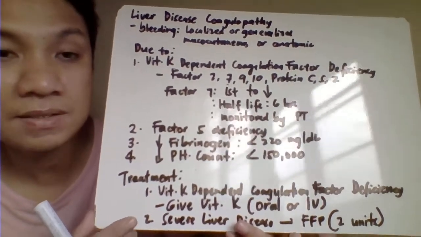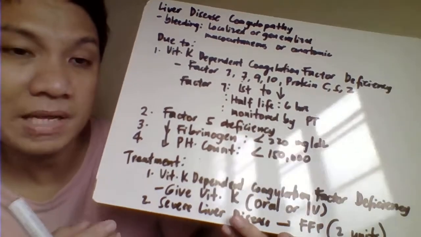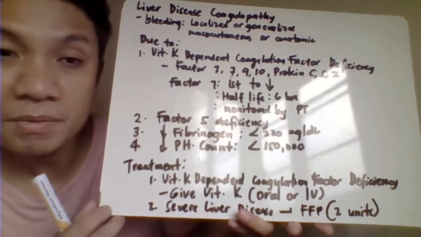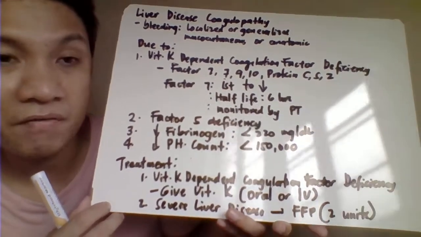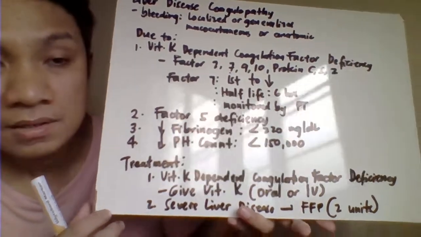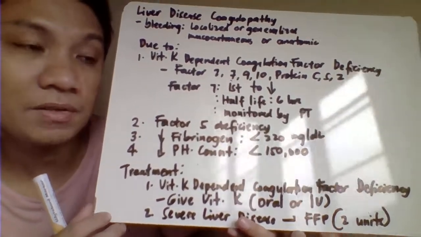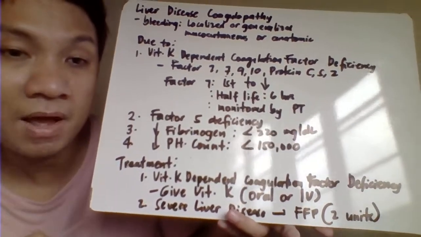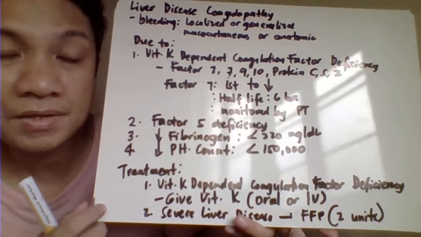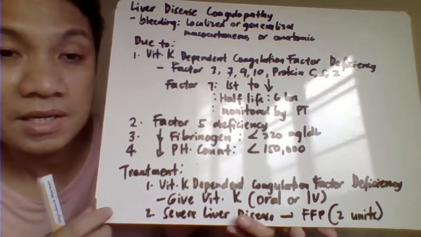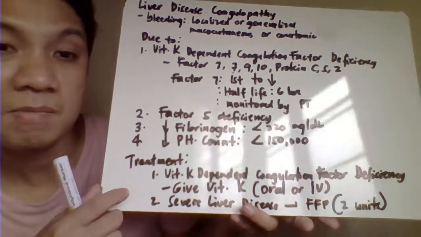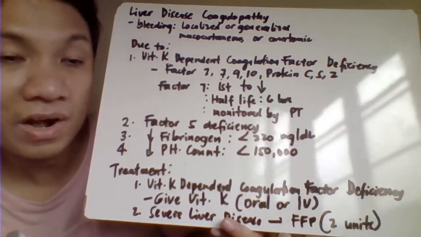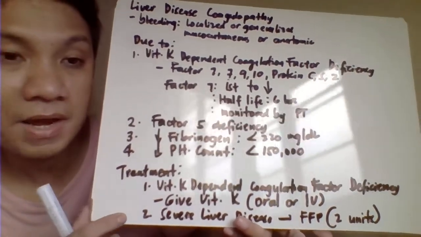And therefore, since your factor 7 belongs to your extrinsic pathway, ang pinaka-sensitive na coagulation test natin that would help you diagnose if you have a vitamin K-dependent coagulation factor problem would be your prothrombin time. Again, bakit prothrombin time? Again, it's because your factor 7 belongs to your extrinsic pathway, since of all your vitamin K-dependent coagulation factors, factor 7 would have the shortest half-life. And pag bumaba na siya, related to your liver problem, since hindi niya ma-produce because you have a problem with the liver, and therefore hindi siya nakapag-produce ng mga coagulation factors which are your vitamin K dependent coagulation factors. The first na maapektuhan nito is your factor 7, and that could be monitored here by the PT or prothrombin